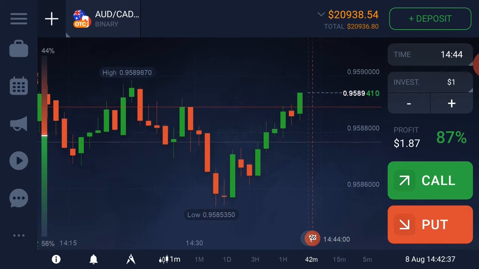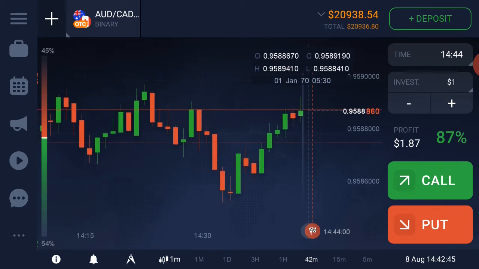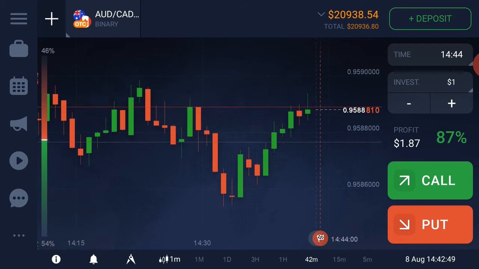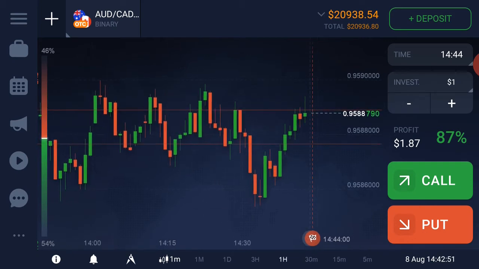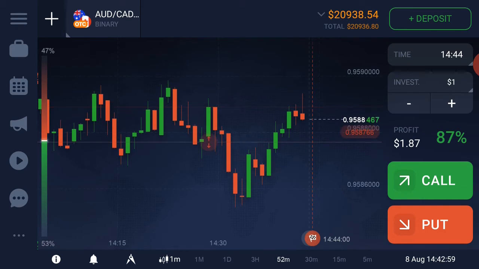Okay, so look, the market crosses this level. This is a very strong level, but the market crossed, no problem. When the market touches this level, then after I will trade. Oh, it's a comeback, but no problem, we have to wait. We have to wait for the market to cross this level because this is an uptrend. If the market touches but does not cross this level, then the market comes to this level, then after I will trade.